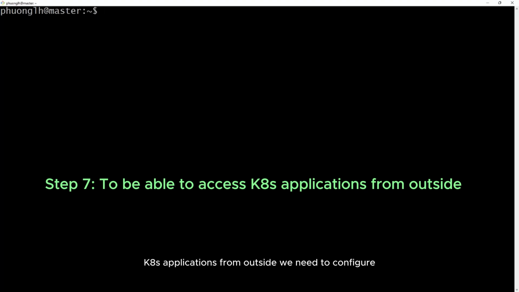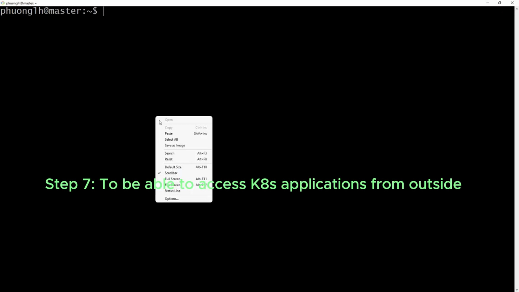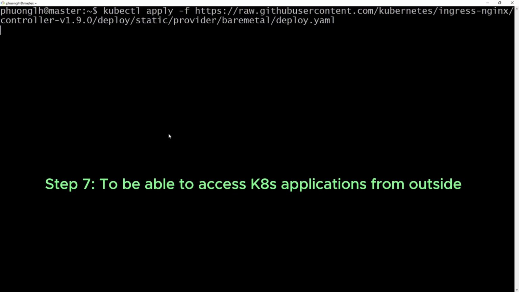To be able to access Kubernetes applications from outside, we need to configure ingress to access the application via an internal domain with the following steps. First, deploy ingress NGINX using the provided manifest with the following command. Enter.